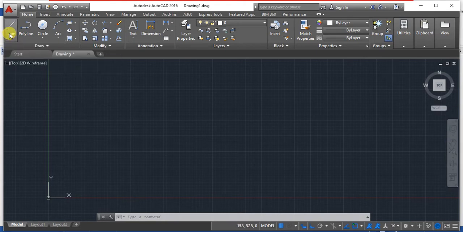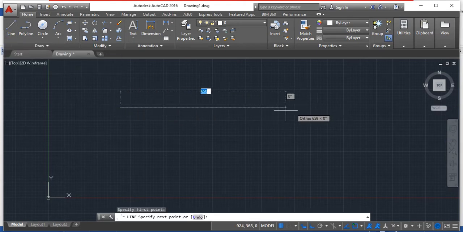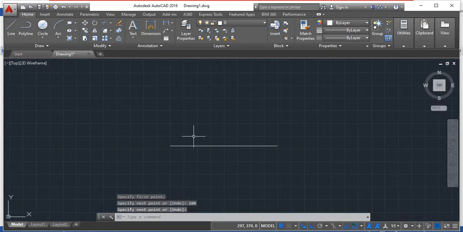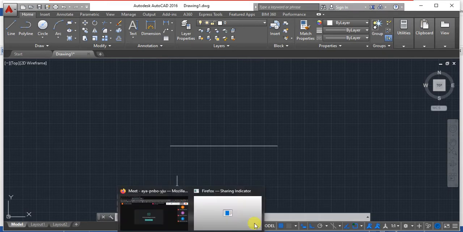For example, you make a line, let us say of 100 mm. If you are planning to divide this line into 10 equal parts, just a second, I'll share the screen.